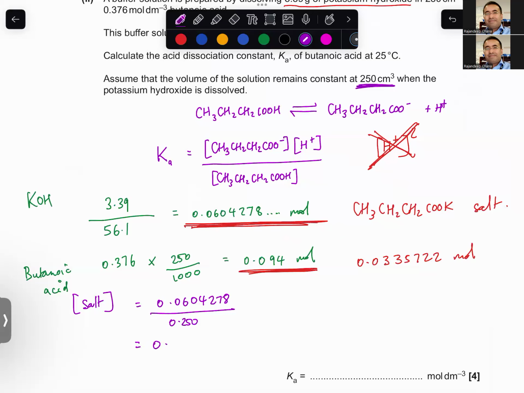Gives you 0.2417112 moles per decimeter cubed. And for the butanoic acid concentration, that will be